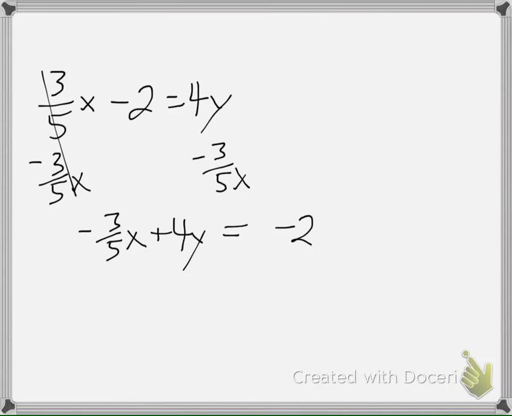So, if you look back at this one, the easiest way to get rid of that 5 is to multiply by 5, okay? Once again, just like when we're clearing a negative, I need to multiply the whole thing. And if you want to save yourself a step, you know what else you can multiply by? Negative 5. That way we're doing 2 things at once. We're getting rid of the fraction and we're getting rid of the fact that our x is a negative value. So if I multiply by negative 5 on both sides,